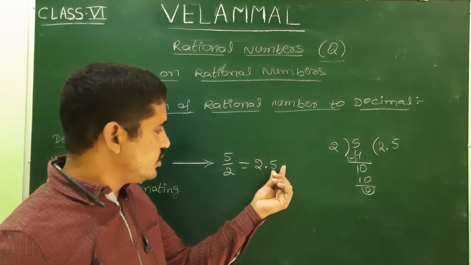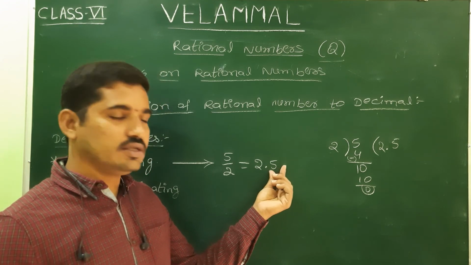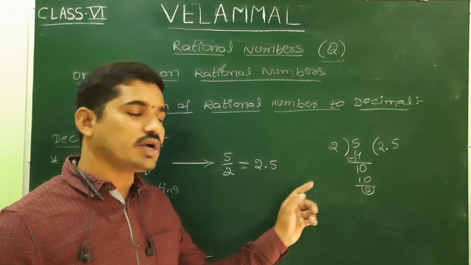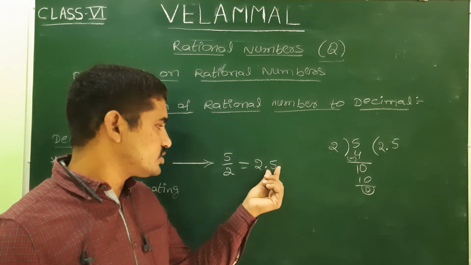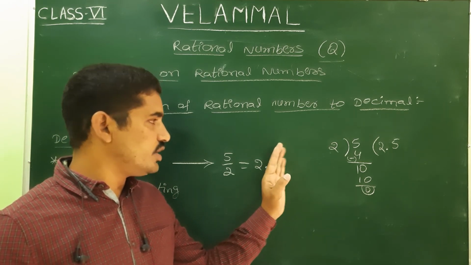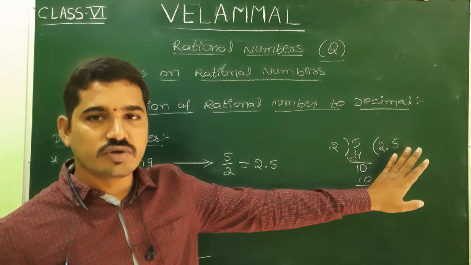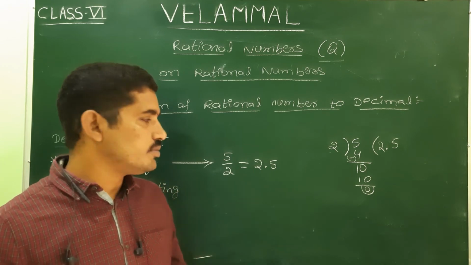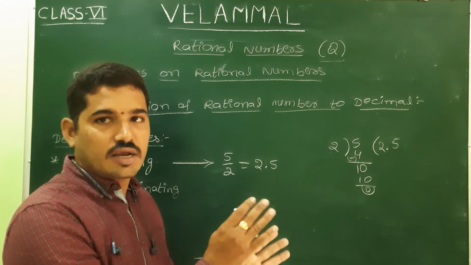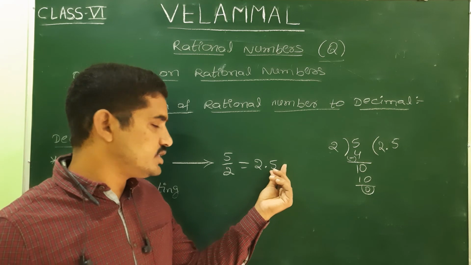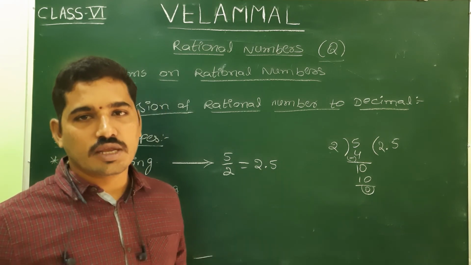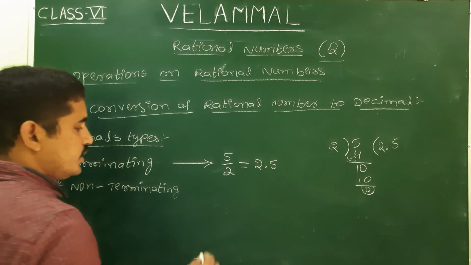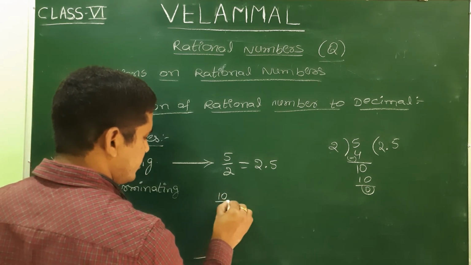If you observe, after 5 here we don't have any repeated numbers, or there is no continuation of the numbers. So it is called, it is the end. Here 2.5 is the only answer. We can say this is a terminating decimal. That means after the decimal there are a limited number of digits, then that is called a terminating decimal. And the next one we have, for example, take 10 by 3.